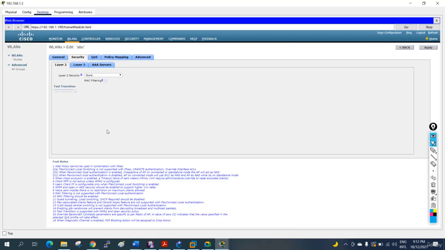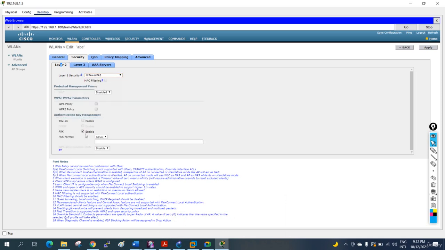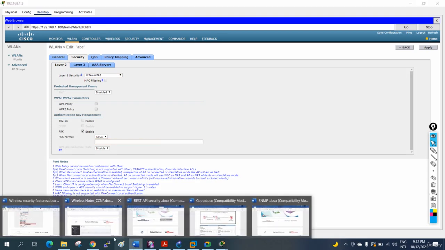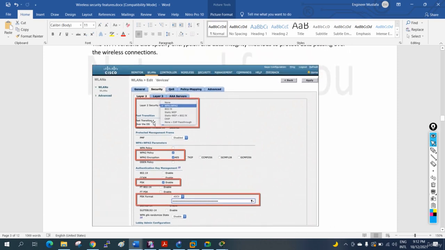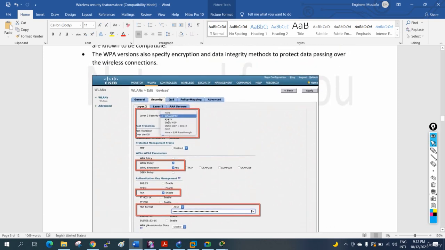If you see here, let me check this layer 2, and here which one am I using, pre-shared key, but here that option is not available. If I enable it here, yeah, this one, PSK format, I can put whatever key I want to use. Same thing, the screenshot which I put here, I will go here in layer 2, then I will select the